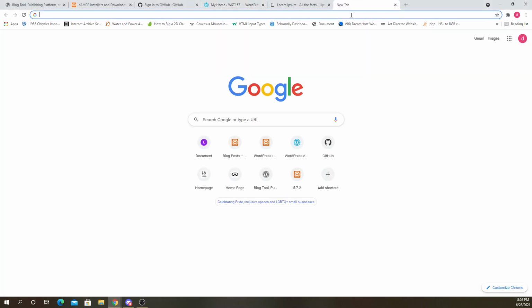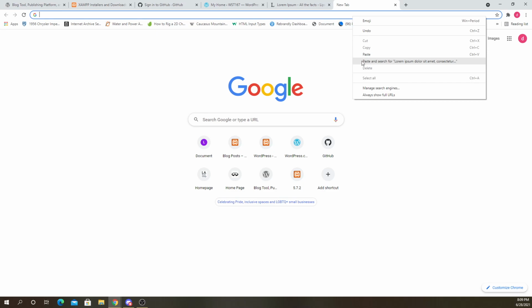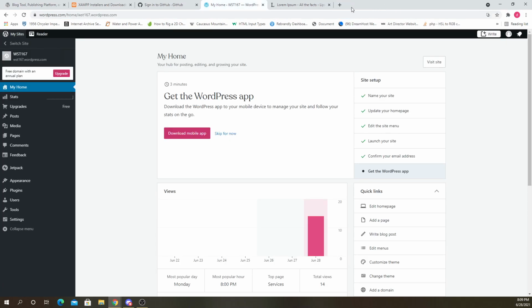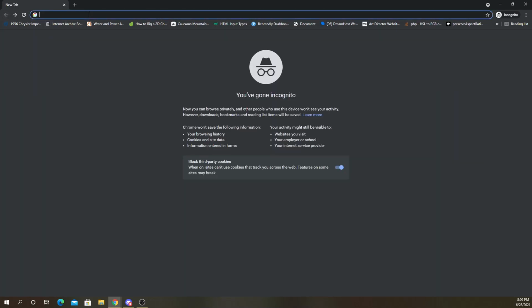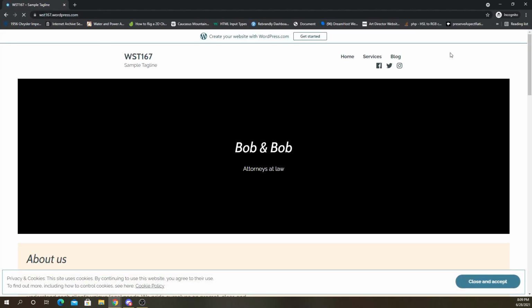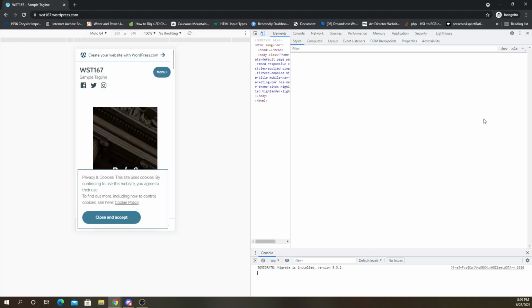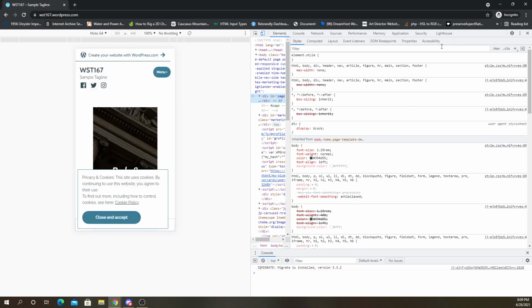But you can test it. Let me open up another incognito and see if we can run some tests. So if you do an inspect in Chrome, there's something here called Lighthouse at the very end.